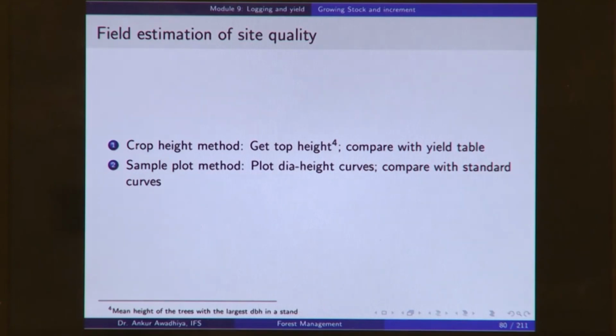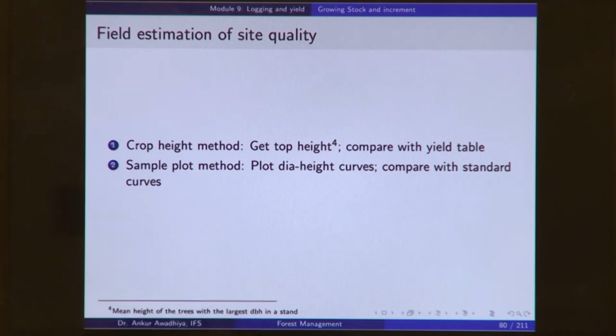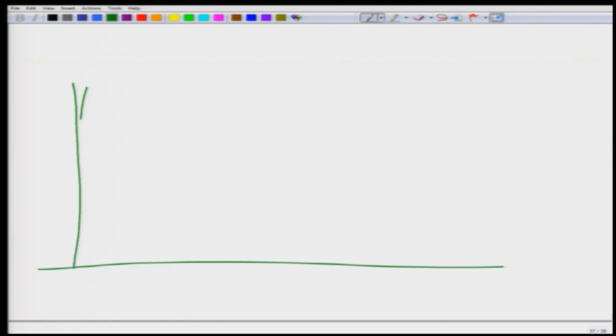And when we talk about tree characteristics, there are two methods. The first one is the crop height method. In the crop height method, you get the top height and compare it with the yield table. What is top height? Top height is defined as the mean height of the trees with the largest DBH in a stand. So, when we say top height, we are not saying that we are measuring the height of the tallest trees. Probably you have this tree which is the tallest tree,